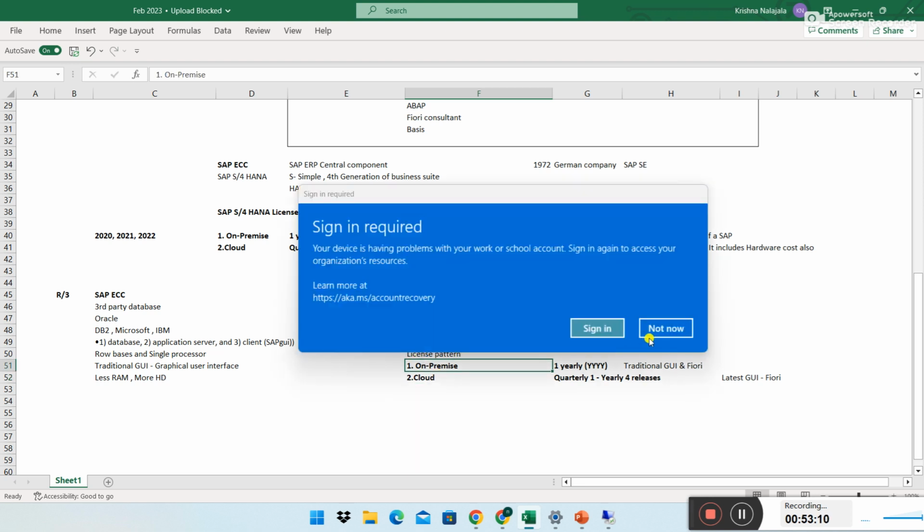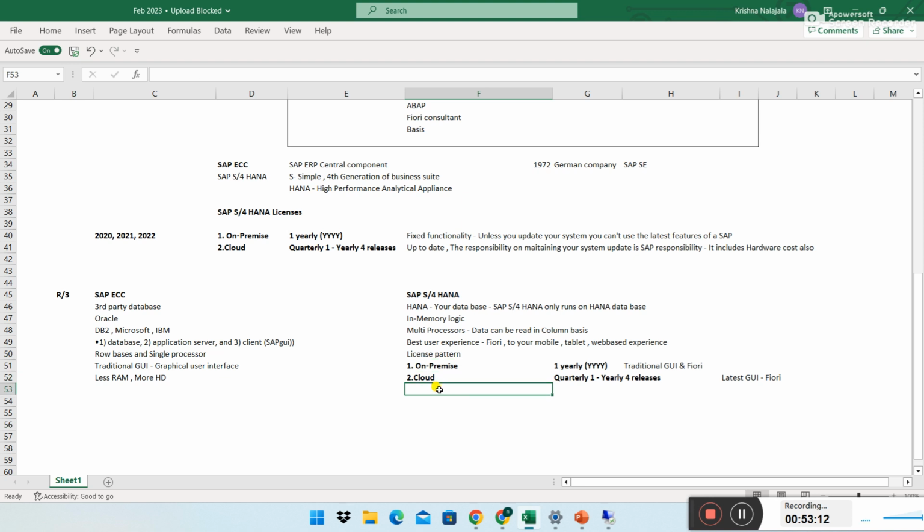License pattern also we have discussed, on-premise and cloud. In cloud, there are two things we need to discuss. One is public cloud and private cloud. We'll discuss these two things tomorrow. If you have interest, just read it on Google and tell me tomorrow what is meant by public cloud license and what is meant by private cloud license. In SAP S4HANA, just Google it. What is a public cloud license? What is a private cloud license? Okay.